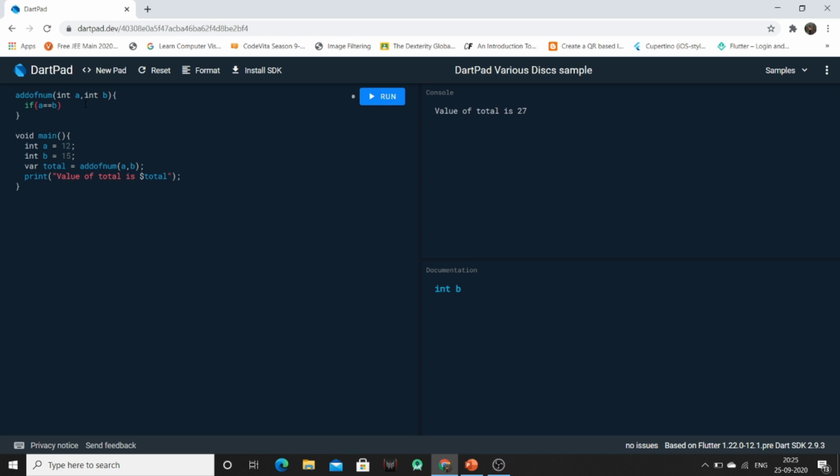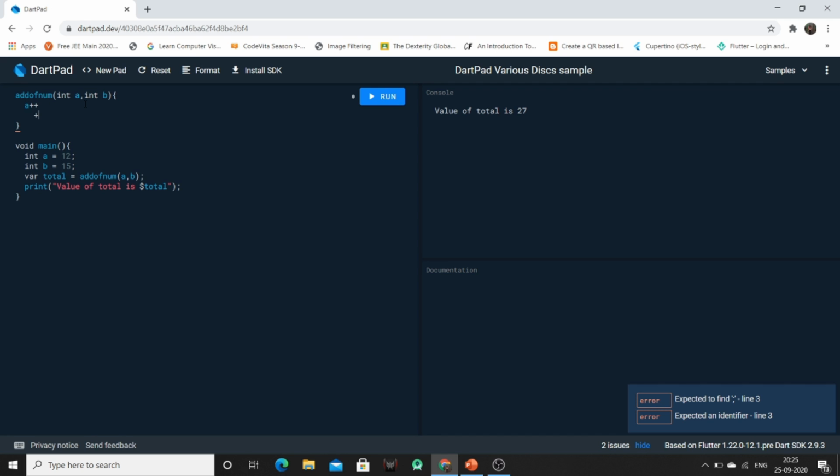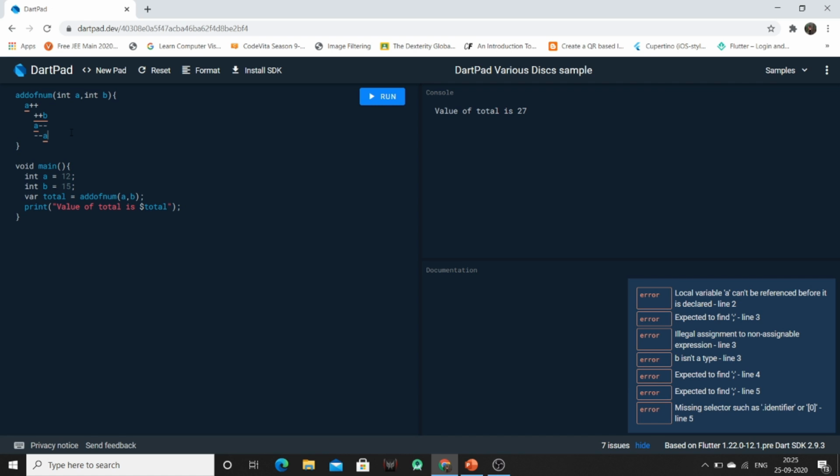So this is comparison. And similarly, we can also implement the increment and decrement operation by using a plus plus or plus plus of b, or a minus minus or minus minus of a. Similarly we perform the operations of increment, decrement, equality, arithmetic in other programming languages. We can do all those things there also.